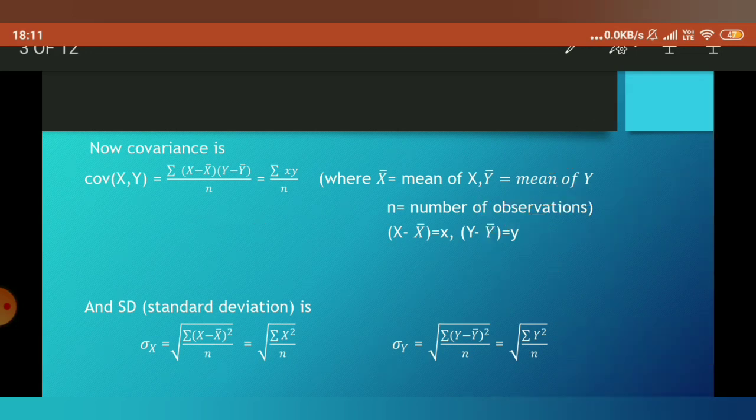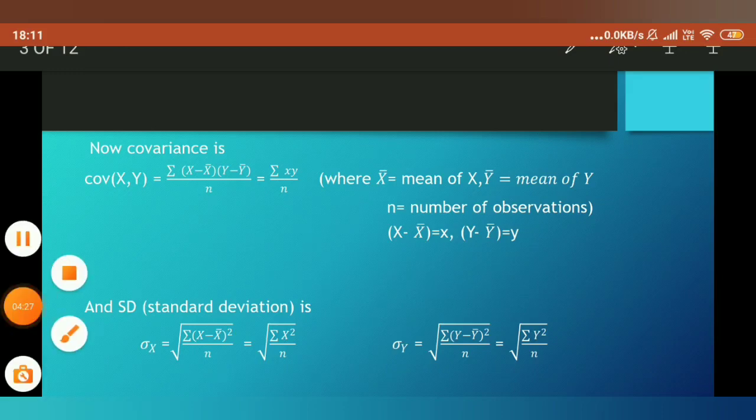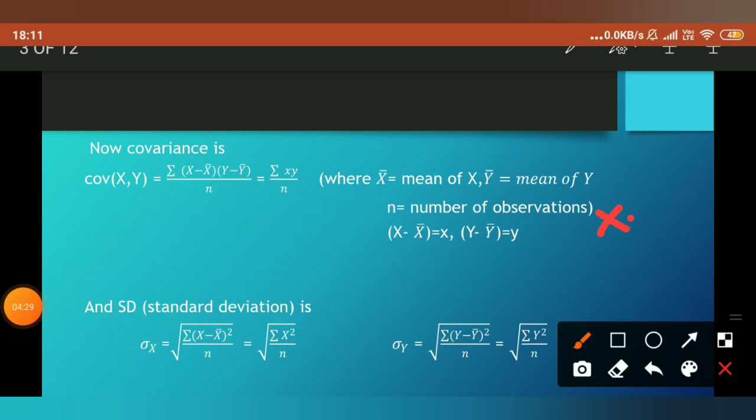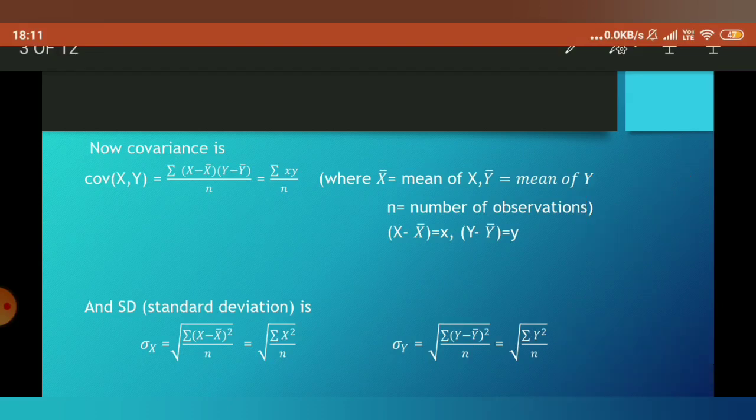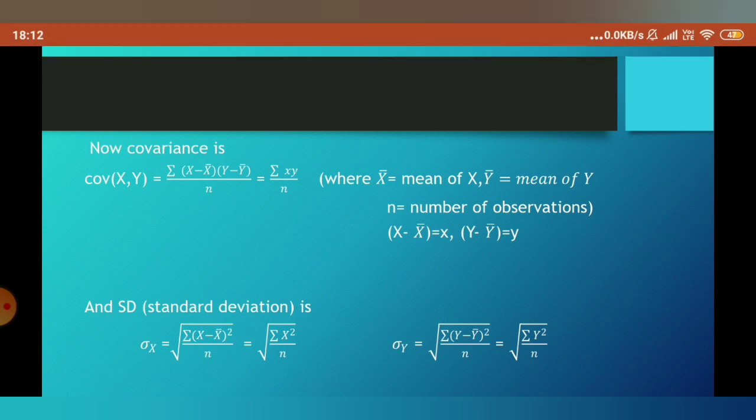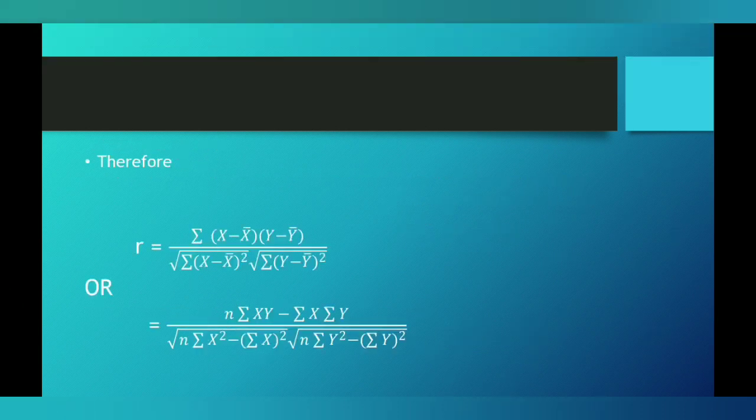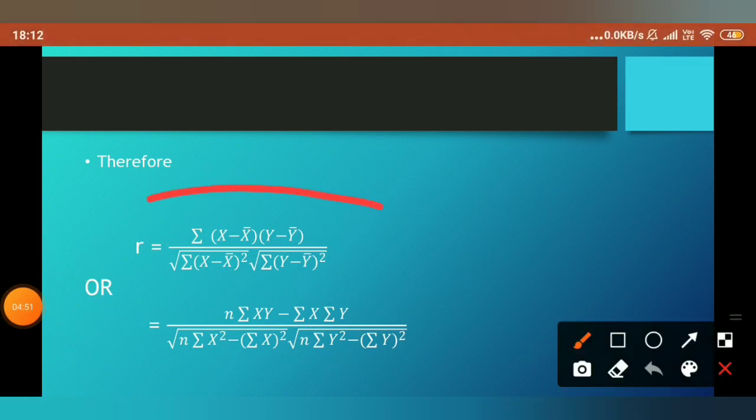Similarly for the standard deviation, here you need x minus x bar whole square, and you have to add all the terms in this table, calculate this, and take the square root of this. So these are the formula parts. Now when we put these two formulas in r, the coefficient of correlation, we get this as a result. So this is the formula.